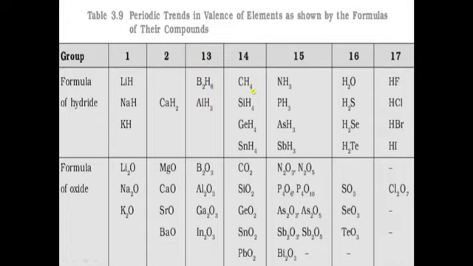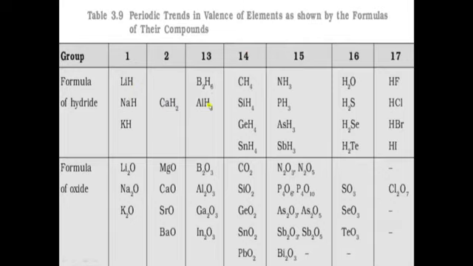Carbon combines with 4 hydrogen atoms because the oxidation state here of carbon is minus 4. Now silicon combines with 4 atoms of hydrogen because, as you can see, this is the 14th group and the valency of a 14th group element is 4. This is germanium, this is tin. So all the 14th group elements combine with 4 atoms of hydrogen because they belong to the 14th group. Now, it decreases, as you can see here, that this combines with 1 atom of hydrogen. This is 2 atoms of hydrogen.